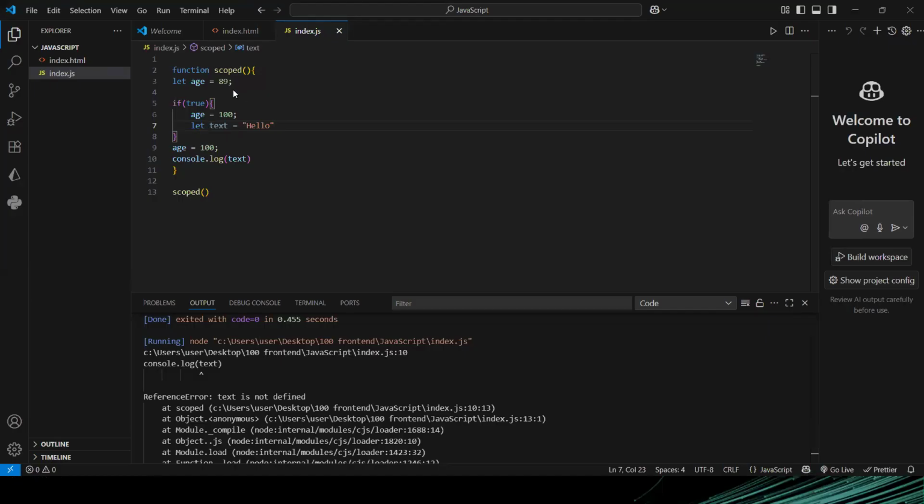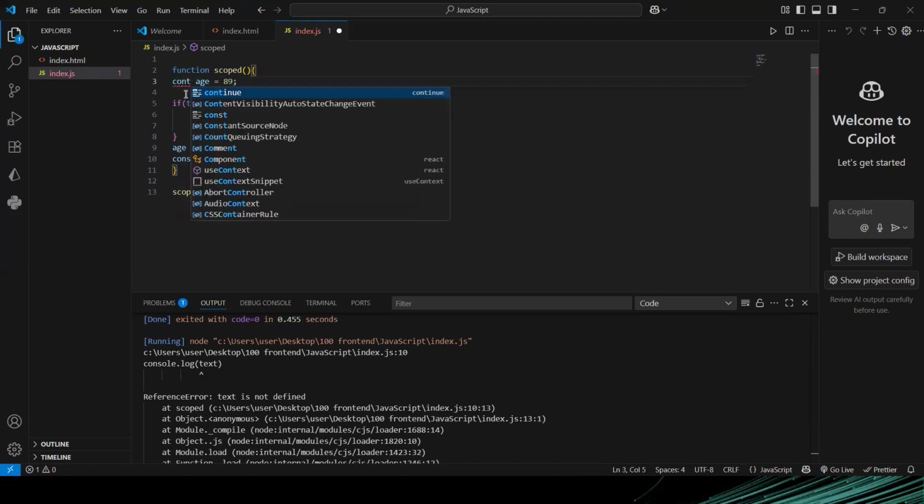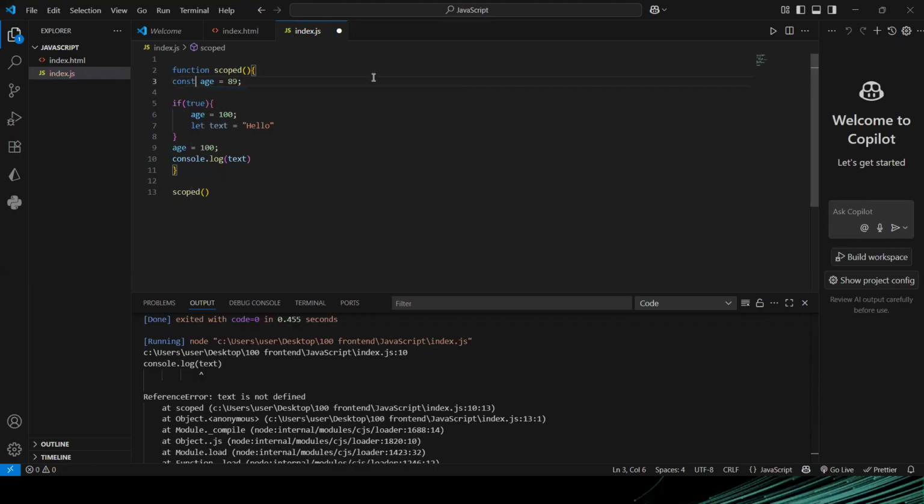So in this case now, if I say age is const, look at it now. If age is constant, I cannot reassign it. I'm coming here to reassign it, and there will be an issue. So let me just remove this particular problem that we could hear here. Here I'm trying to reassign, but remember, you cannot reassign a constant variable. So if I run here,